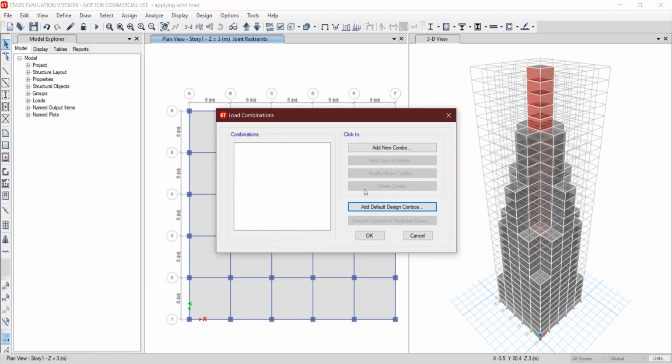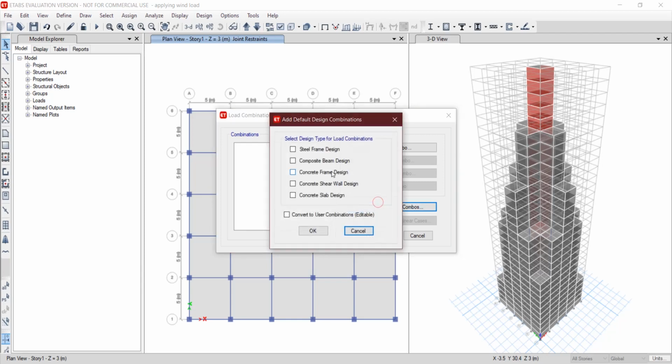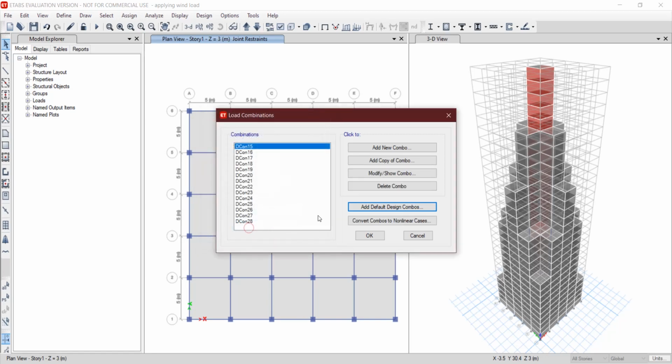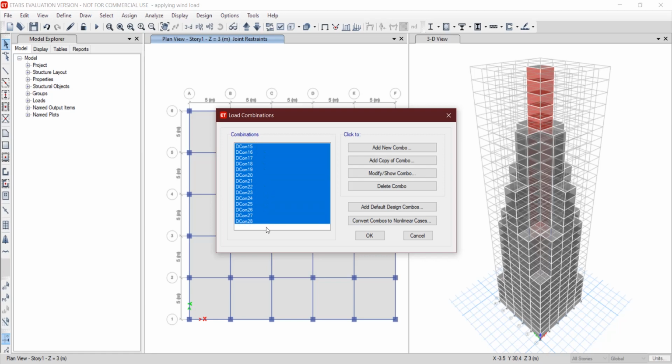If these combinations are not added, go to define, add default design combination, and then select concrete frame design and click on OK. Here 14 combinations are added, and these are for live load, wind load, dead load, as well as earthquake load.